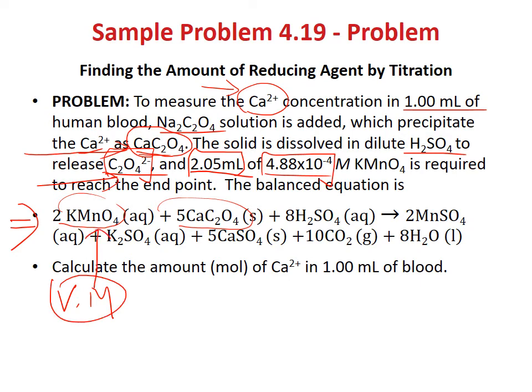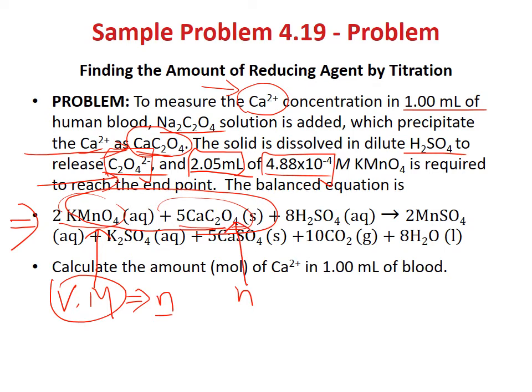As usual, this needs to be converted to number of moles of potassium permanganate. And from moles of potassium permanganate, using the stoichiometry here, the equation, we can find the moles of